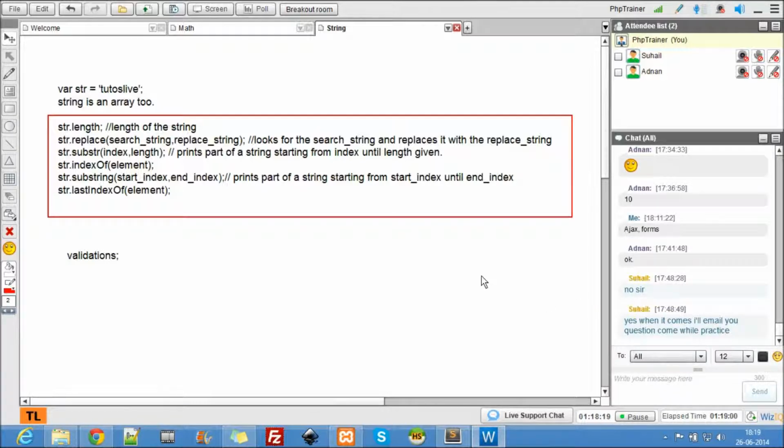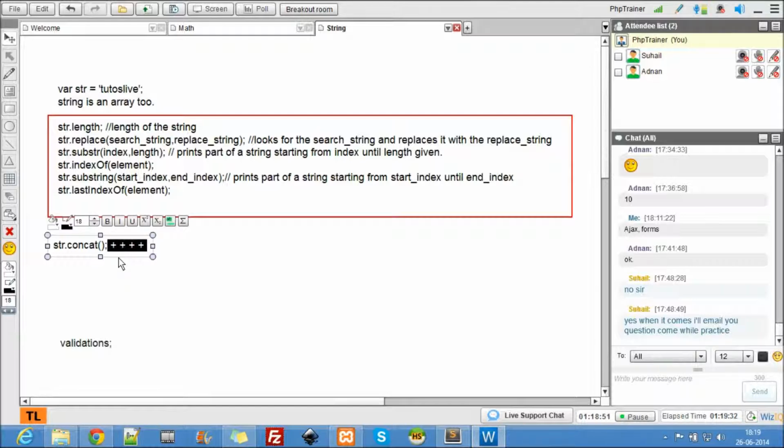Okay, and what else do we have here? We have other simple ones. These are really important. And the next one is also important. Yesterday I told you that I'll be talking about a few array functions, right? We'll talk about those now. Now again, str dot concat. This is the same as plus. I felt this is not really important because you can use plus also.